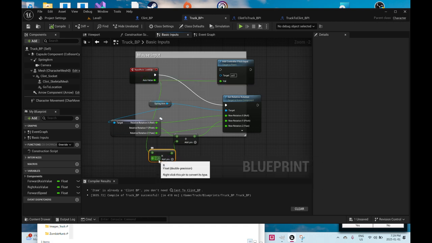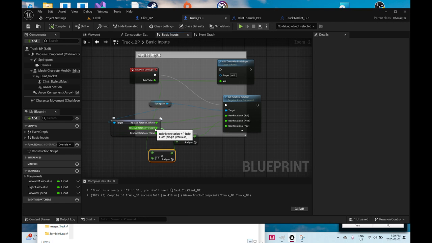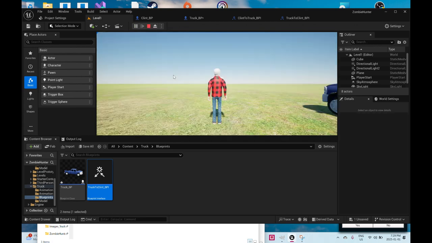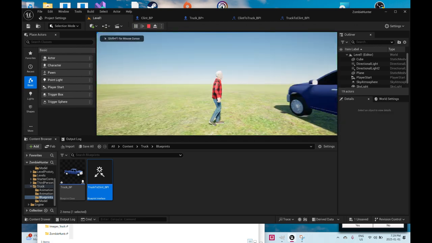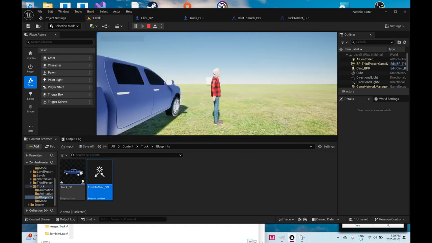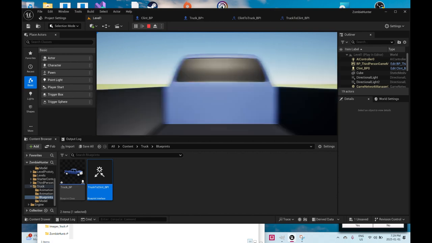But I set it there just in case I do want to change it by a factor. So I add that to whatever it is right now at any moment. So if I go play,